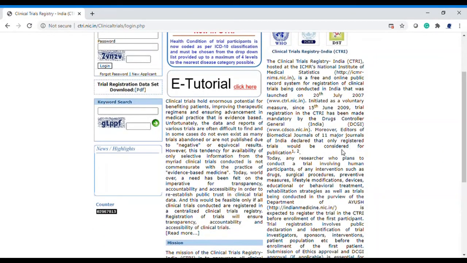I'm going to help you understand how to find a particular hospital, and how you can track nearby hospitals which are conducting clinical trials. For example, if you are looking for a job at your particular location, say you are living in Hyderabad and looking for a job in Hyderabad, what you have to do is put the keyword here as Hyderabad, apply this captcha here, and search it out. So for keyword research, you can use a keyword related to the city.